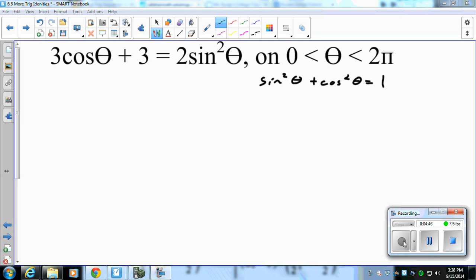I can't necessarily substitute cosine in for a sine, but I do know that for sine squared theta, I want to write it in terms of cosine. So if I subtract this over,